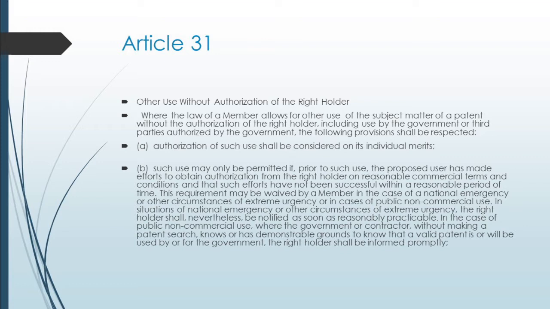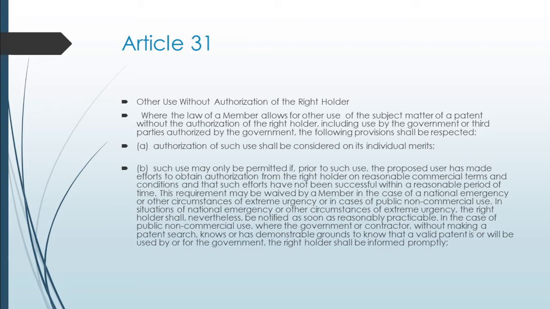When a patent holder acquires a patent, he acquires a certain amount of monopoly over that patented product. In order to exercise his monopoly rights, he has a right to circulate that product in a particular market. But sometimes a condition may arise that another company or a market requires a product which is very essential to it, but the patent holder is not able to provide that product in sufficient number. In that case, the resort which countries have comes in the form of compulsory license.